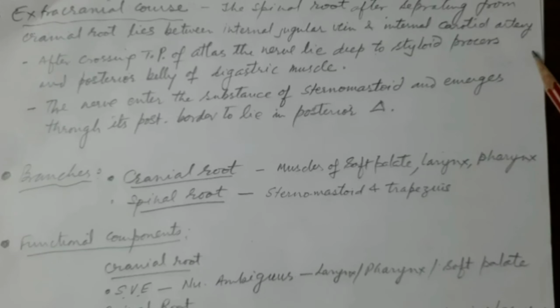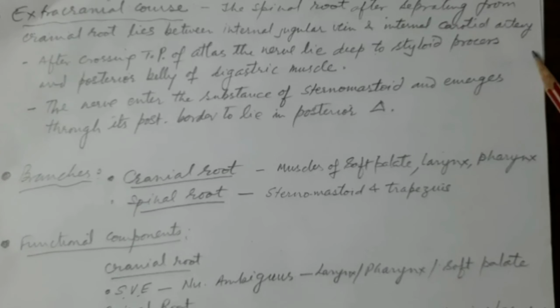nerve. Then the recurrent laryngeal nerve is also a branch of the vagus which will come and supply the intrinsic muscles of the larynx, and that is also through the vagus nerve. So we do not know much about the exact distribution of the cranial root, but we definitely know